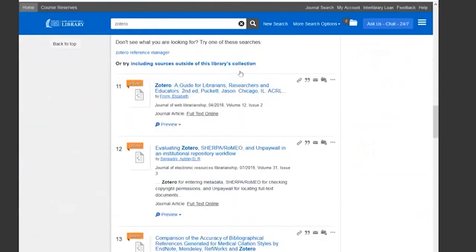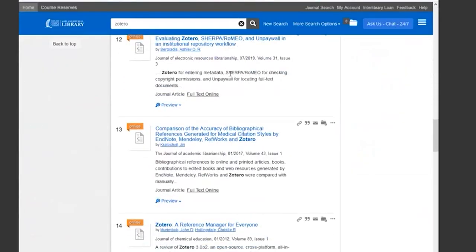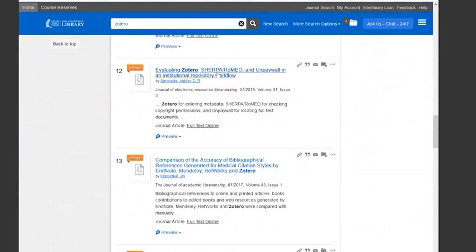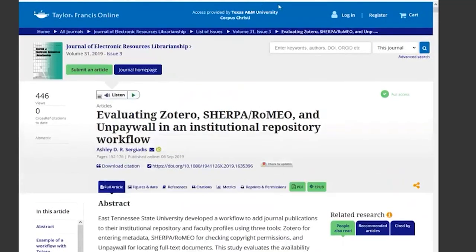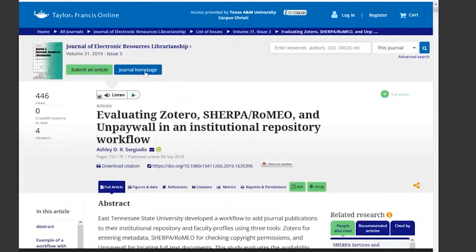So here is one from evaluating Zotero, Sherpa Romeo, and Unpaywall. So I'm going to click on this article and we'll take a look and see what happens. And you'll see that here we are in the Journal of Electronic Resources Librarianship that is on the Taylor and